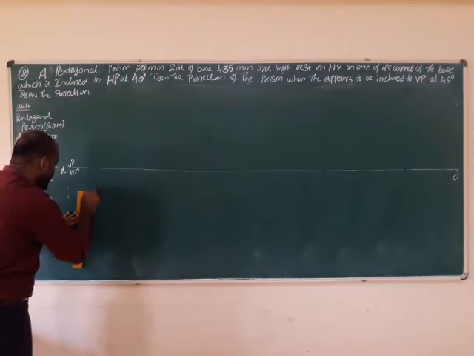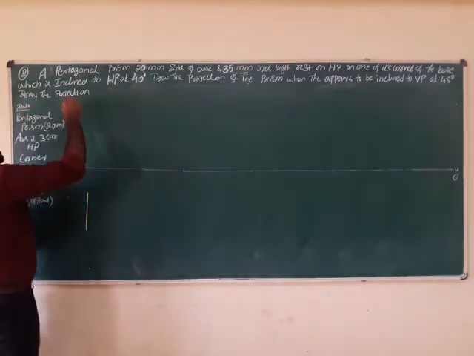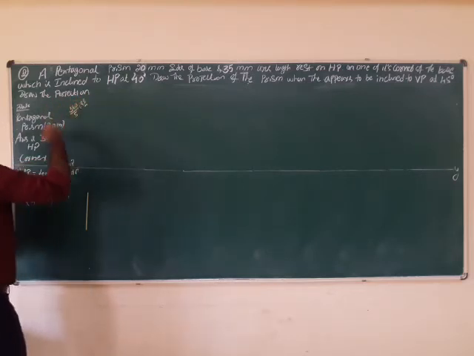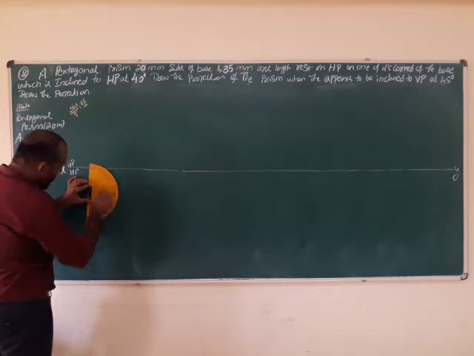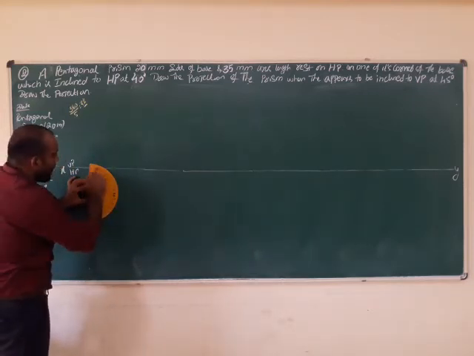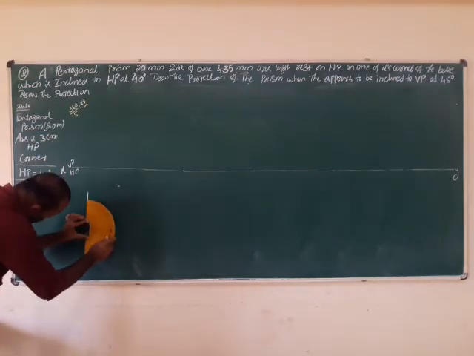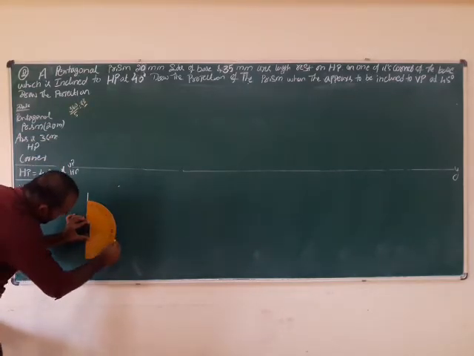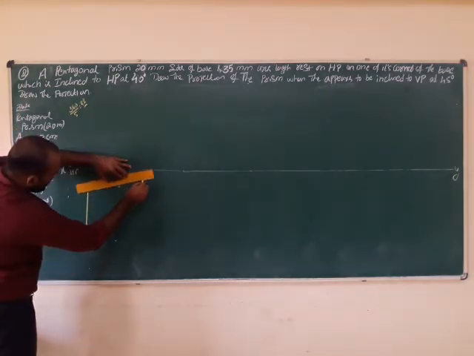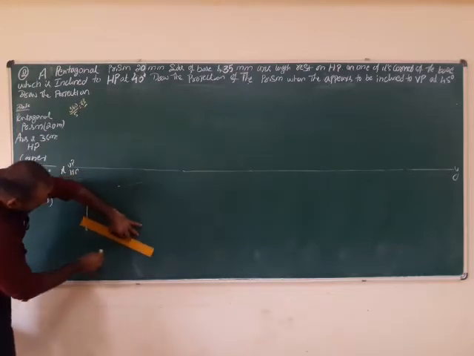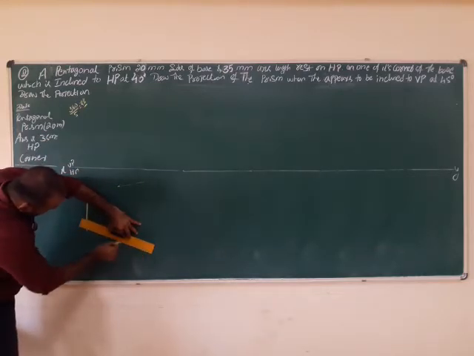The side is 20. The full circle is 360 degrees, the pentagon has 5 sides, so we get 72 degrees. The pentagon exterior angle is 72 degrees. With the protractor you have to measure 72 degrees from the outside, don't measure from the inside. This one also you have to measure outside 72. Draw thin lines through the points.